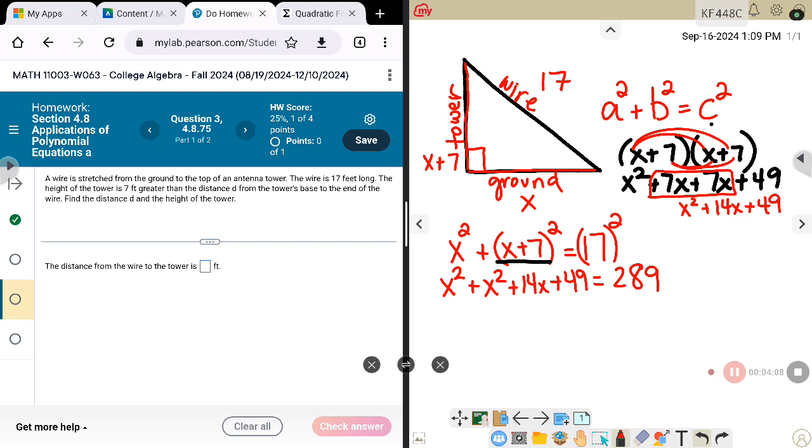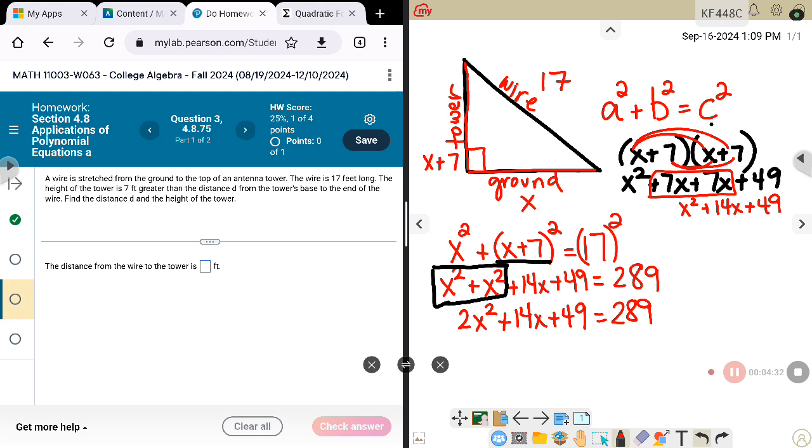So once I have this on the left side, I notice that I have like terms. I can put my X squareds together. I actually have 2 of them, right? 1X squared plus 1 more X squared gives me 2. X squared plus 14X plus 49 equals